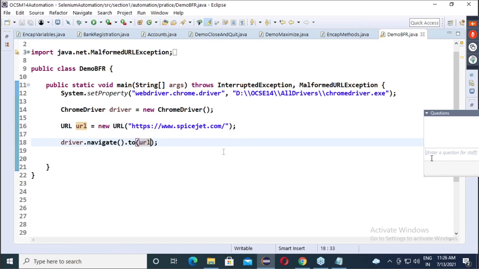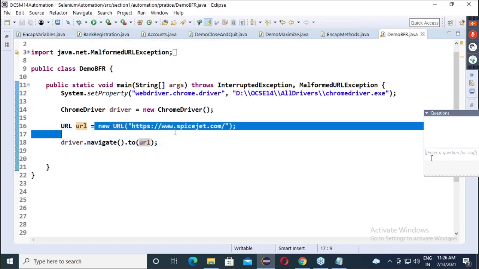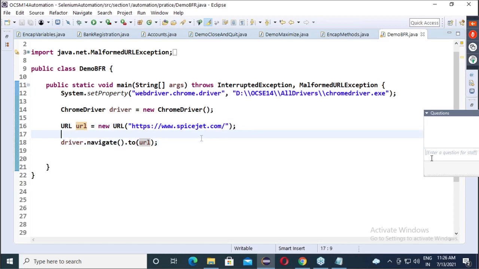This is the olden approach. Is everyone getting the point? Okay, this is the olden approach. In this approach, guys, first we create an object of the URL class. This URL class, when people are working with J2EE advanced Java, for any application they need to release a URL.